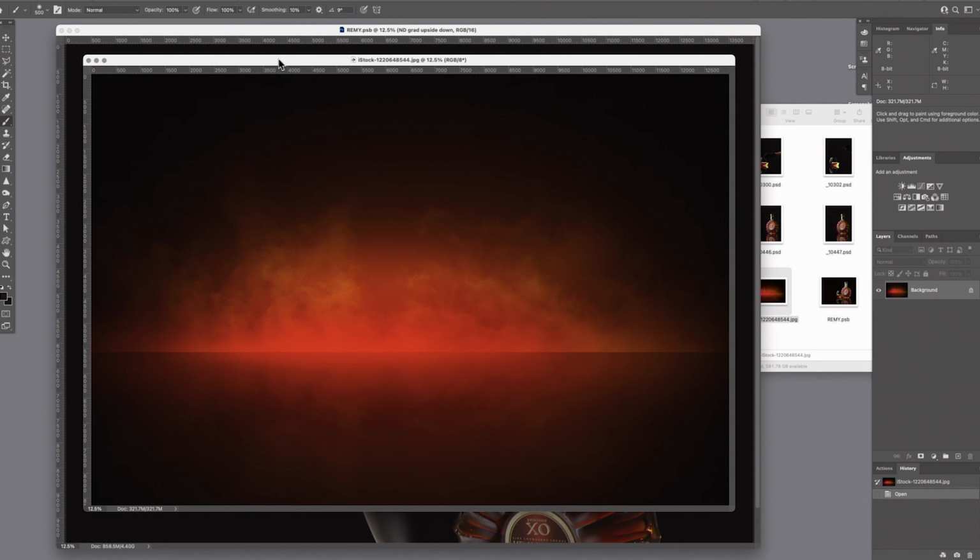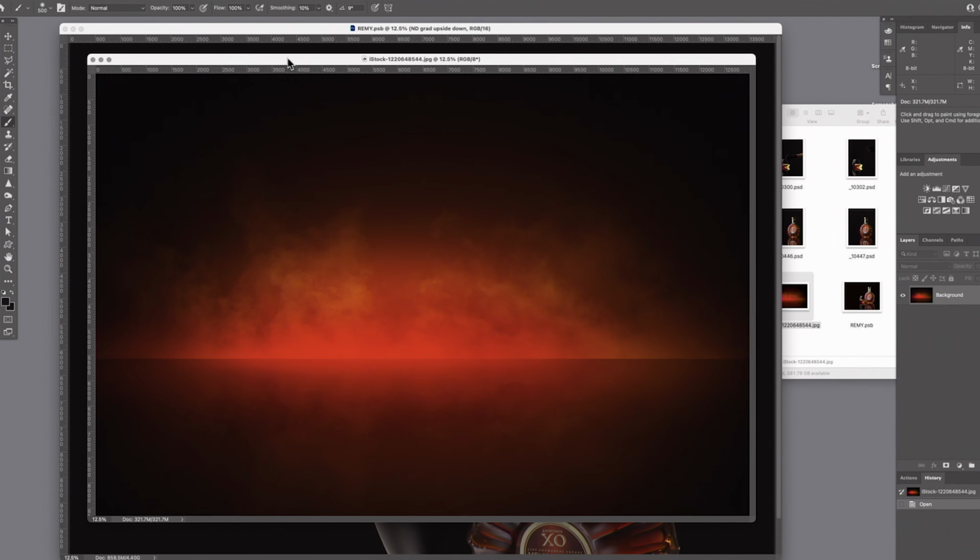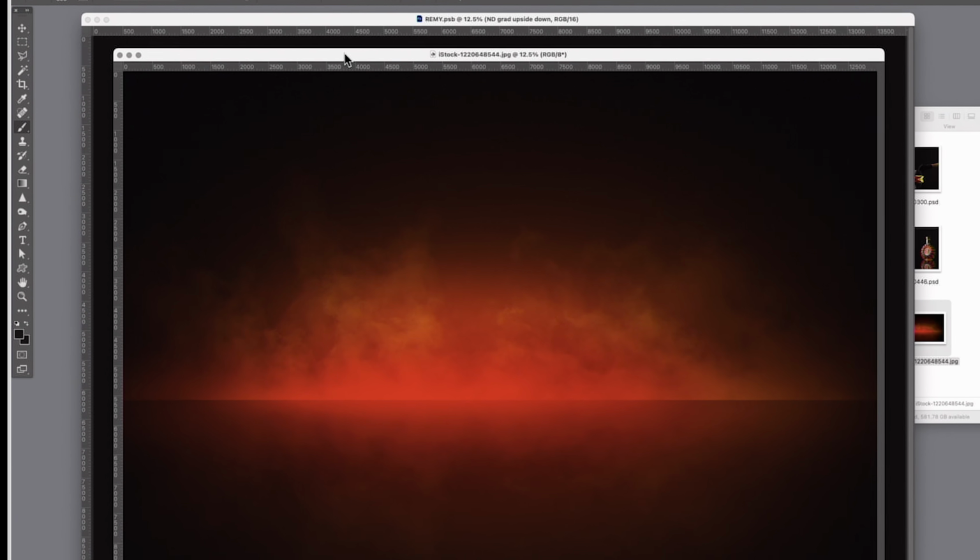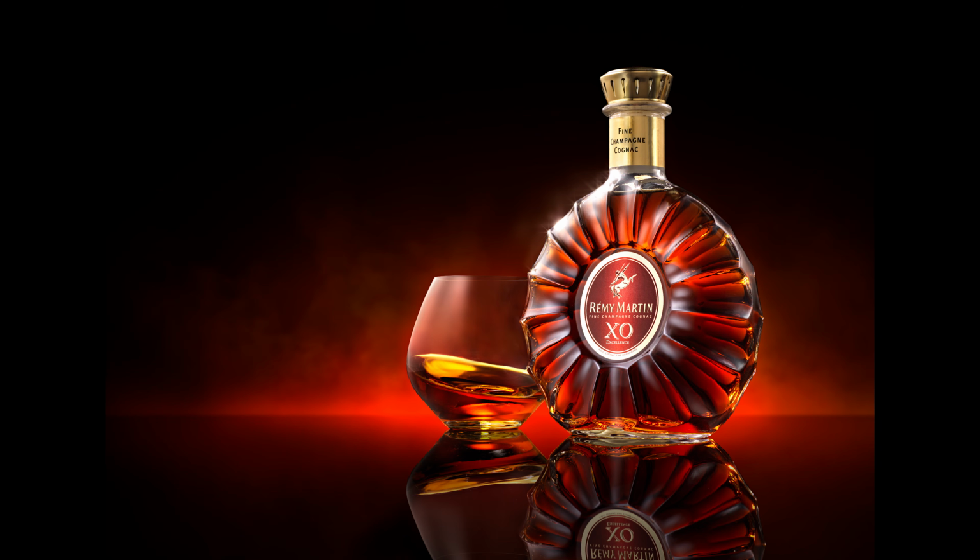And then if we move on to the background, this was the Adobe Stock shot of this sort of fiery glowing mist with a black surface, which would work perfectly to blend in my gloss black acrylic reflection. And that Adobe Stock shot worked absolutely perfectly.